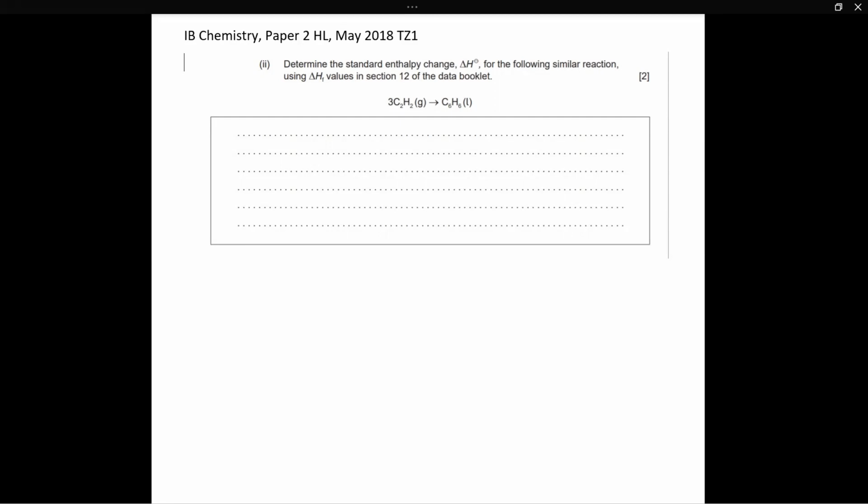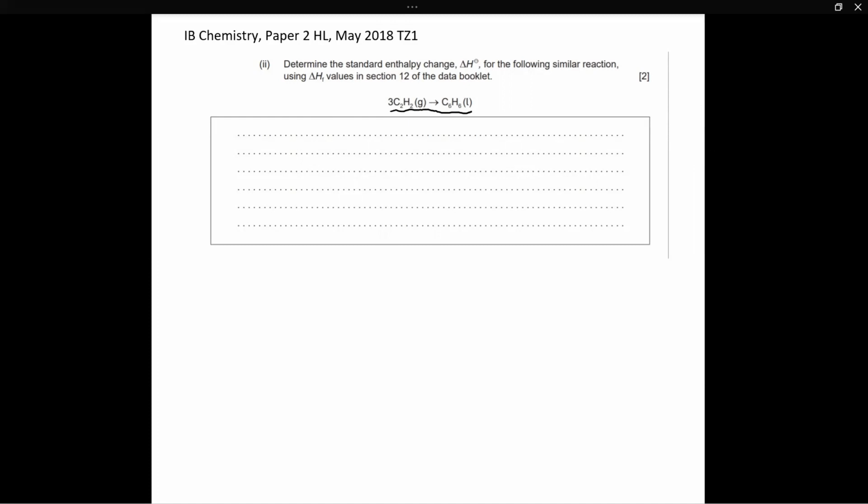So how do you calculate enthalpy change using enthalpy of formation values? Now, you have to flip to section 12 of your data booklet. Make sure you have the most up-to-date data booklet. You can find it online. Just search it up and you can download a PDF. In that, we will see a series of substances, their formulas, their states, and the enthalpy of formation values. And these are the values you will use to calculate the enthalpy change for this specific reaction